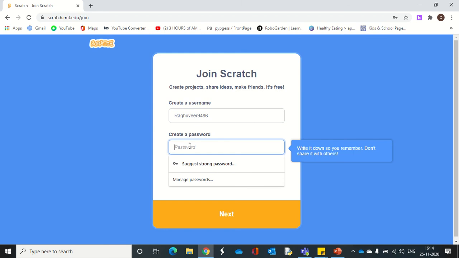Okay, so I'm choosing a password, and make sure you're writing the password that you are setting. Okay, so since Raghuveer, I will have a password RV at the rate. You can use a star also, but it's easy if you remember the frequently used ones.